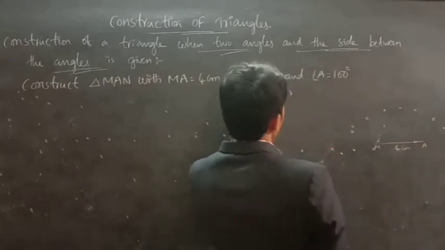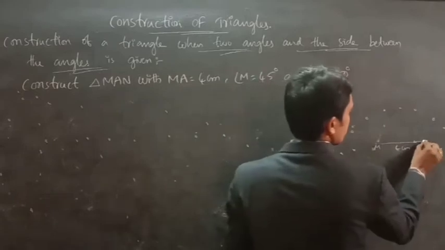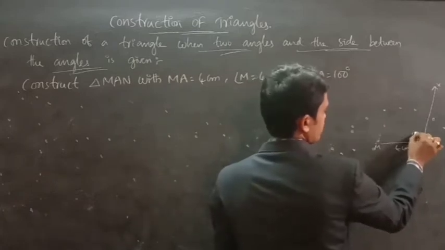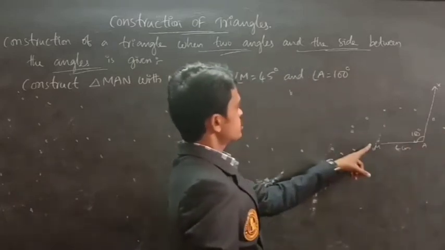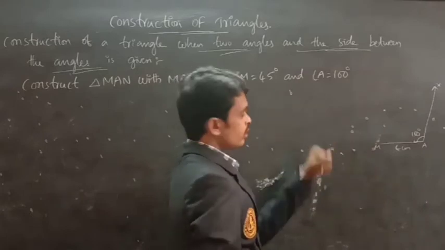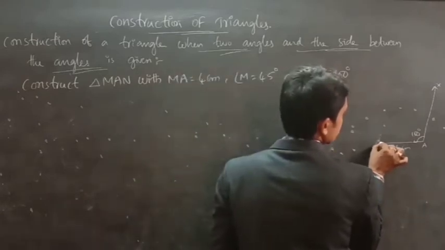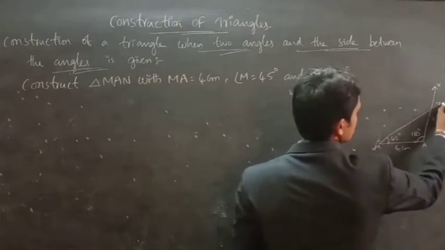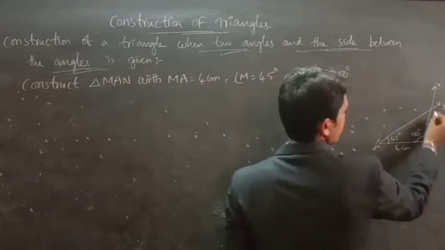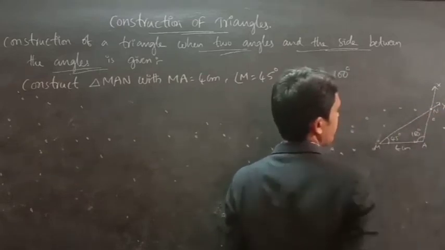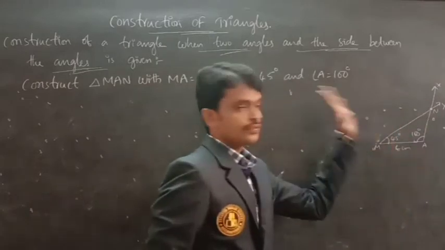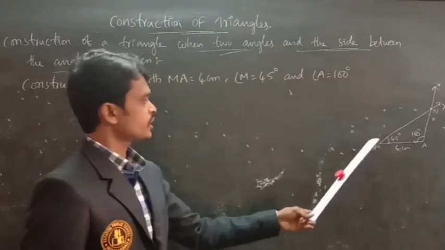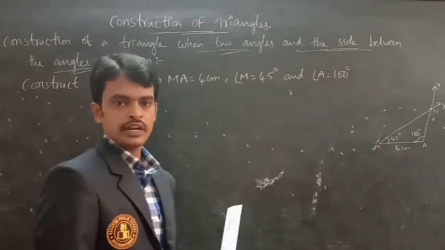After that, at center A, we should draw 100 degrees as a ray, named AX, and at center M, measure 45 degrees and draw a ray named MY. The intersection point we name as N. So like this we should draw the rough sketch. After drawing the rough sketch we should draw a line segment